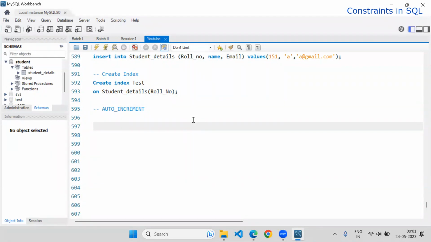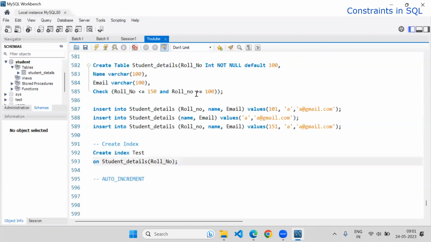Like we may have serial numbers, right? 1 2 3 4 5, and the auto increment always starts with 1. Automatically it will increase the value, means the number of records we can see, or we can use this auto increment column as a primary key. Okay, what is primary key? I will discuss after this auto increment. Okay, so let me go to